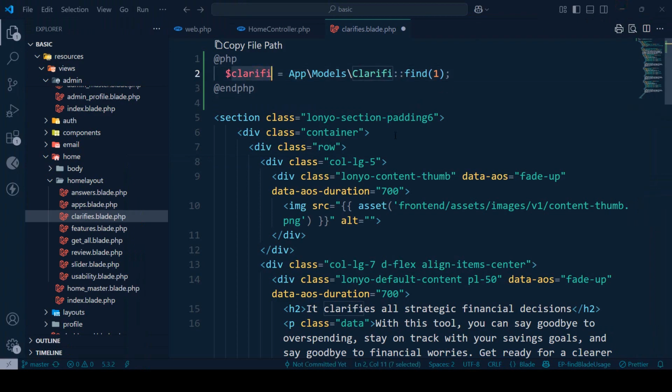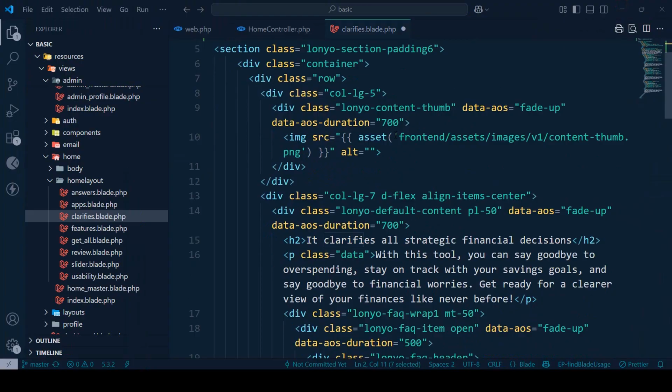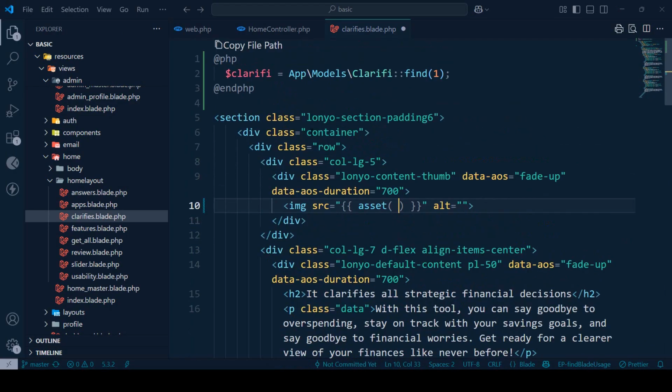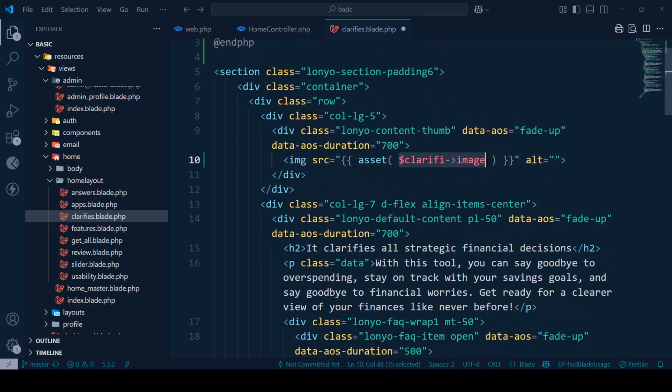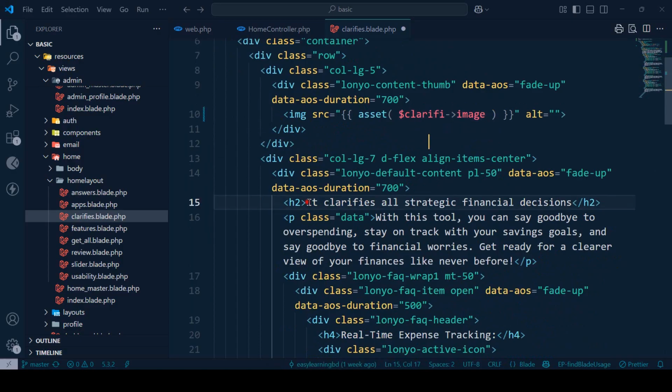There is a Clarify, and in here, first of all, that is actually one of the SVG. You can see that is our file, and now here I want to update it. So here that will be updated with the name as Clarify, and with this Clarify I want to display our field name as an image. Now the appropriate size image should be displayed, and then I want to update our title. Here I want to simply update it, our Clarify, and with this I want to update our field name as a title,